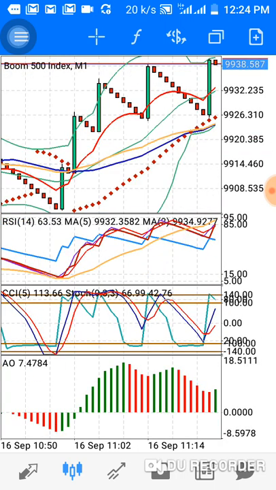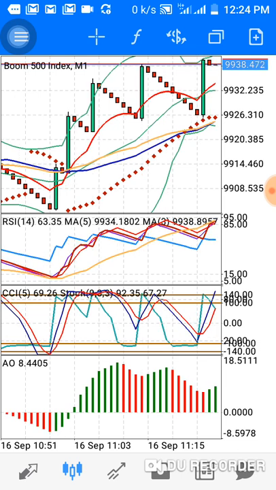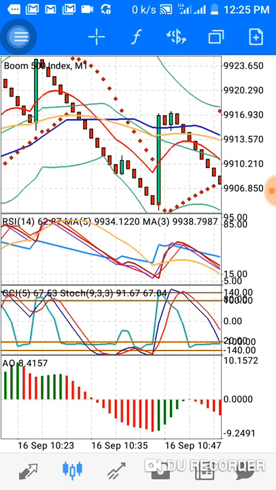Okay, this is boom 500 1 minute chart. Boom is the opposite of crash. The normal movement of crash is buy, that is, it goes up steadily. Now boom, like I said, is the opposite of crash. The normal movement of boom is sell, that is, it comes down steadily. So you can see it coming down